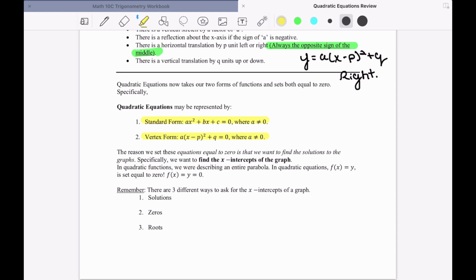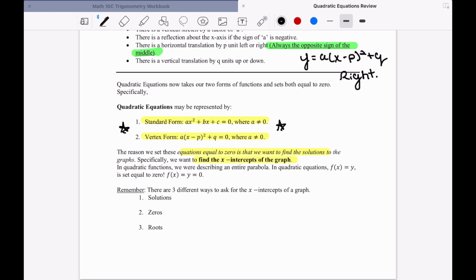In quadratic equations, the biggest difference is that instead of describing a function in general terms and telling where it shifts from the original graph, what we're doing is we actually want to solve for the x values that will result in the x-intercepts. So we want these equations equal to 0 to find the solutions, where the solutions are the x-intercepts of the graph. To be more specific about why that's the case, if we set either the standard form or vertex form equal to 0,